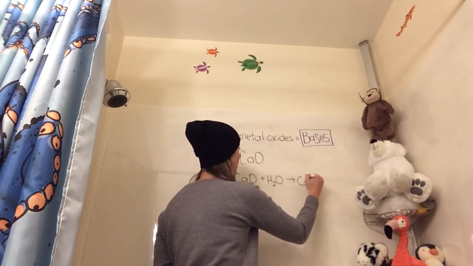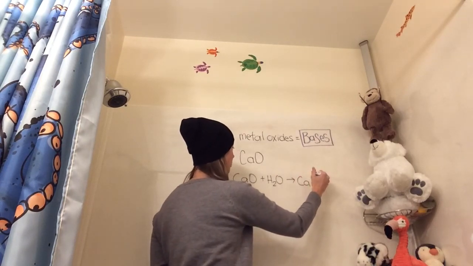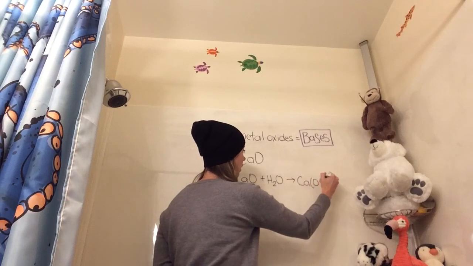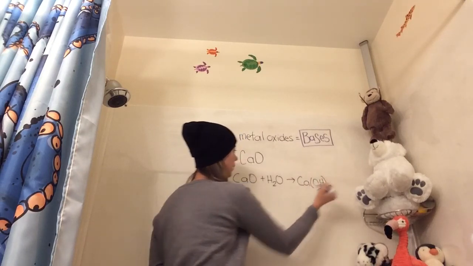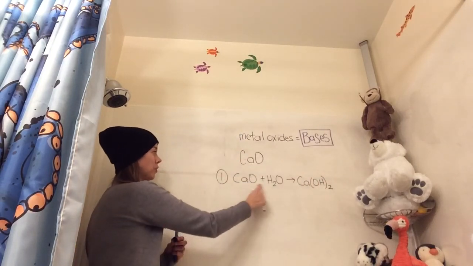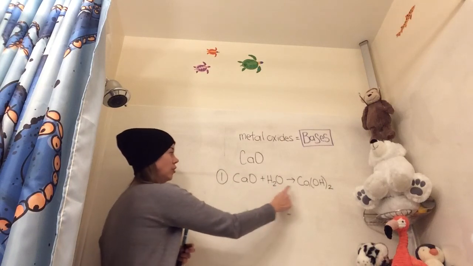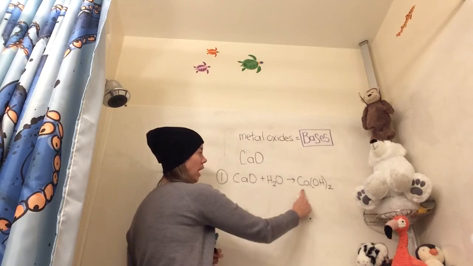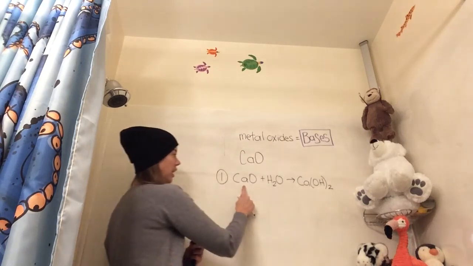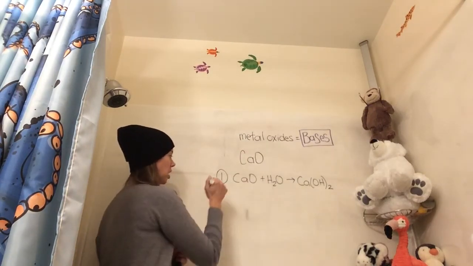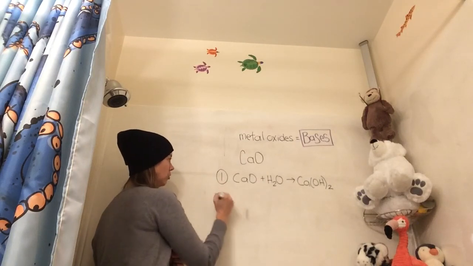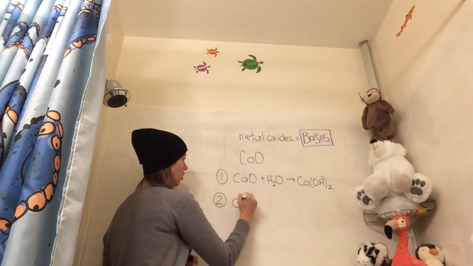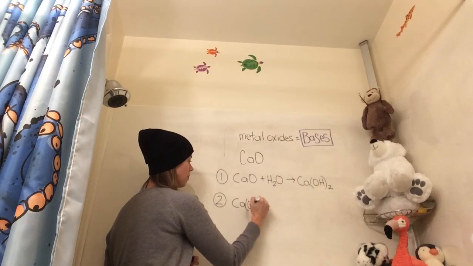So here we have calcium hydroxide, and we have 2 of them. So the oxygen here and these 2 hydrogens make our hydroxide here, and then we do have our calcium, which we end up with. So the second step is to react it again. So calcium hydroxide,